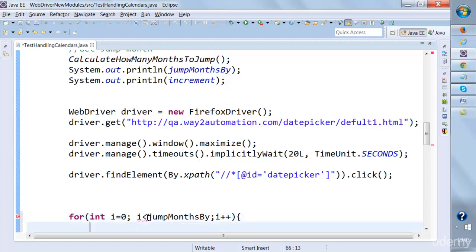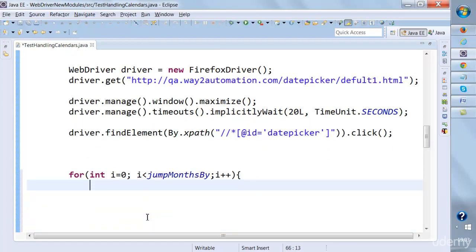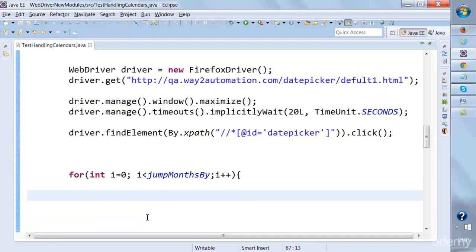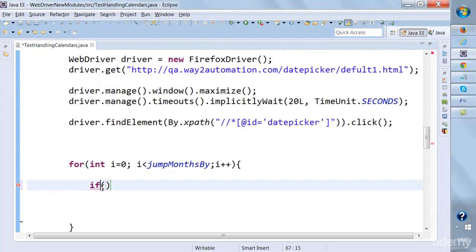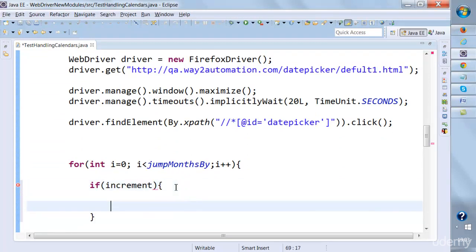Now why I'm doing this, just follow me and it will be very clear to you. So I'll say if increment, as in if the increment returns true,